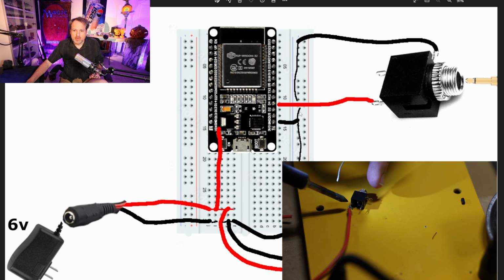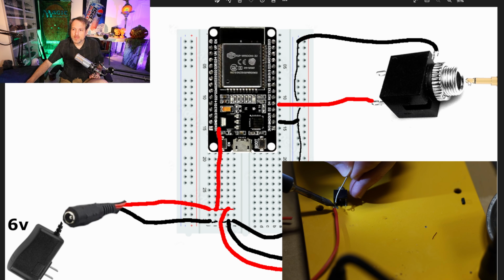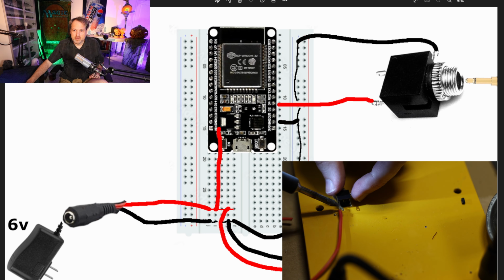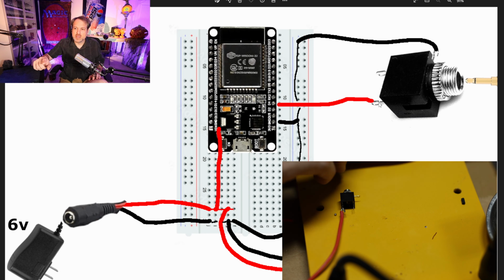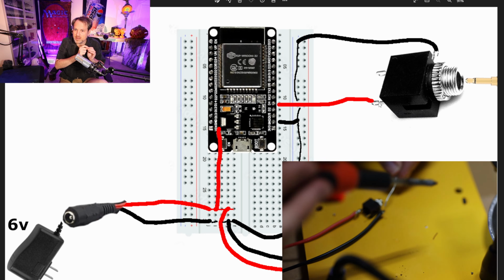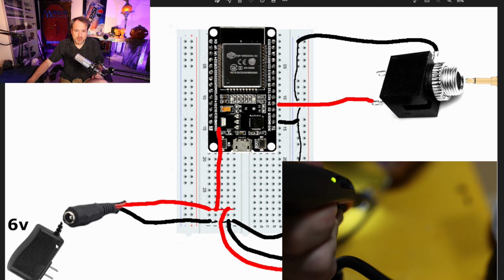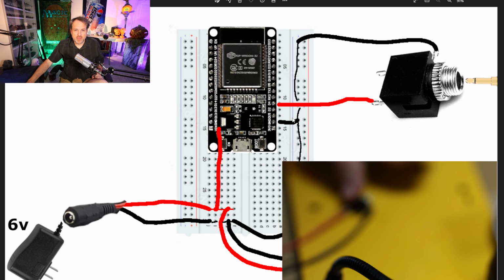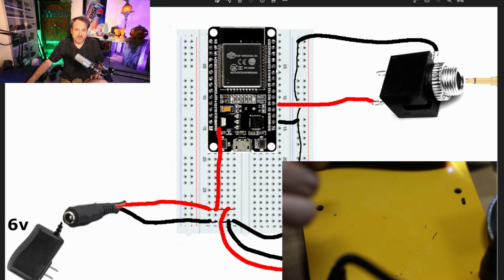So the ground here is the same common ground as the power adapter, same common ground as the board, and same common ground for the sleeve of your mono jack. And then the positive will go right here. Some of these, it may be the other one, but you can actually look on the inside and see where the actual tip of your connector touches the metal on the inside, and choose that pin. So now the tip goes to the red, the sleeve goes to the ground, the common ground that everything else is using. And once it's all soldered down, you click the button and trigger it,